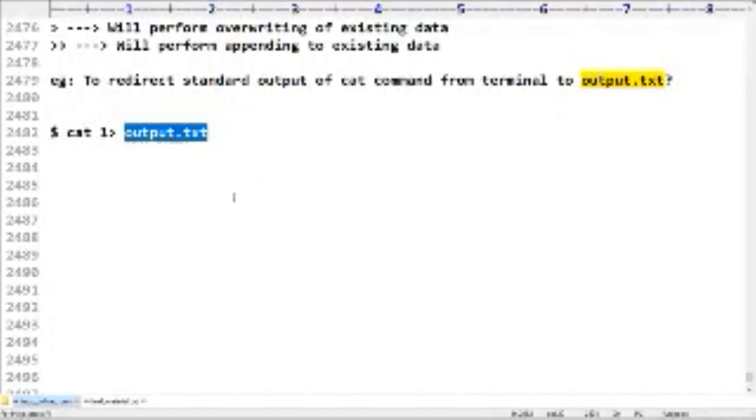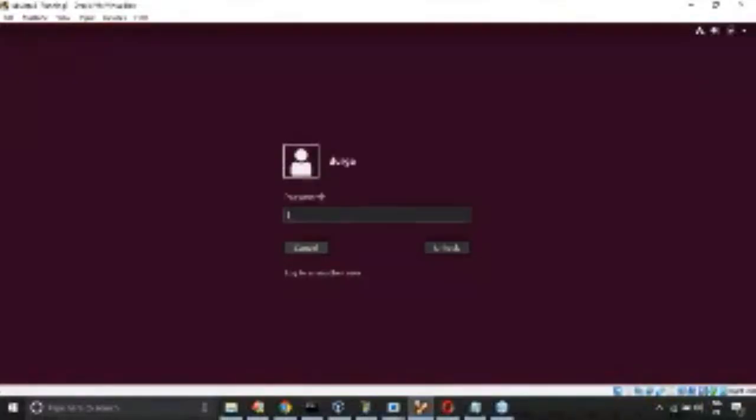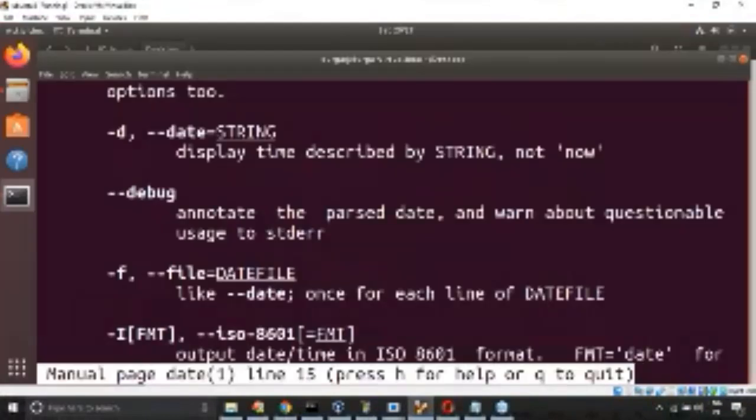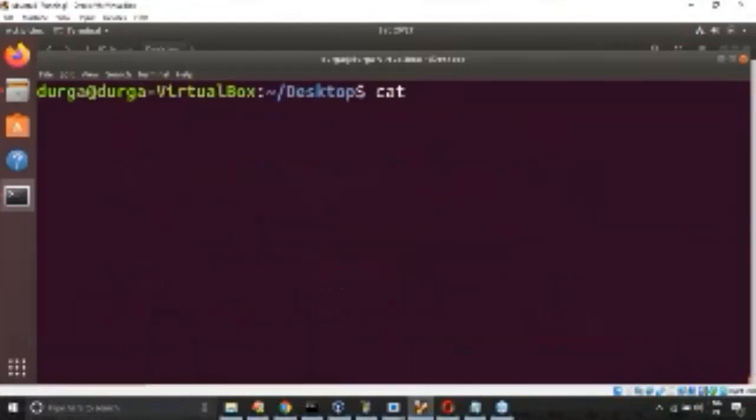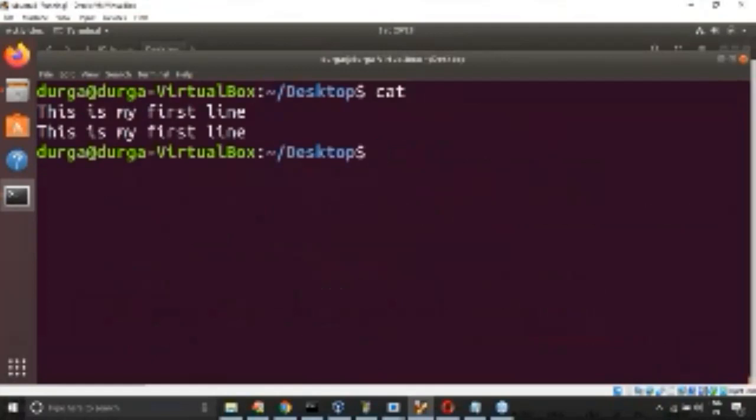Okay, now have a look at this terminology. Observe that carefully. Sir, I'm taking the cat command, and I'm not taking any argument. If I'm not providing any argument, this is my first line. Now, if I enter, the output by default will be displayed to the standard output device, which is the terminal. But now I have to say, hey, don't display to the terminal. Can you please redirect this output from terminal to output.txt, is my requirement.